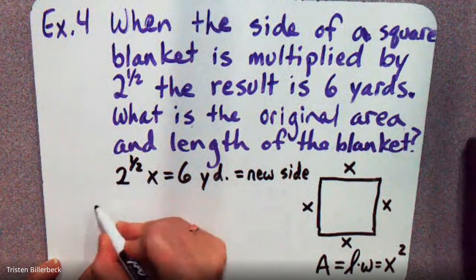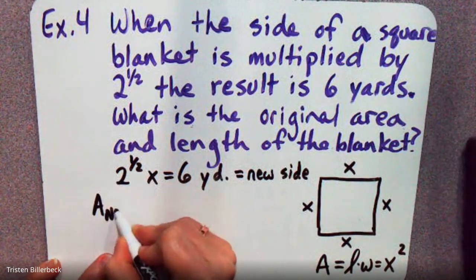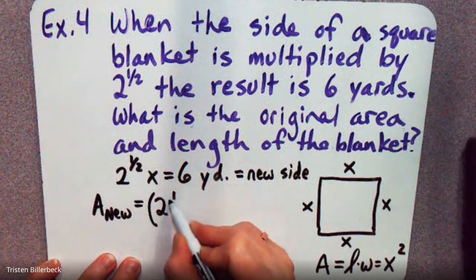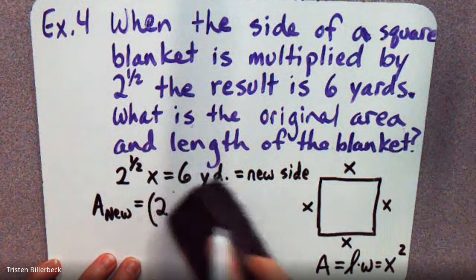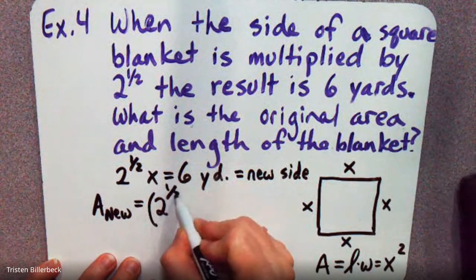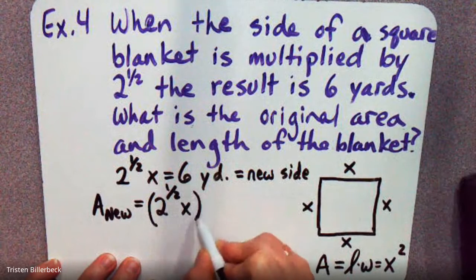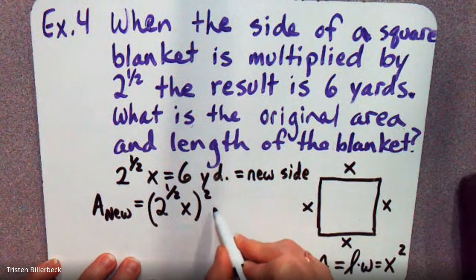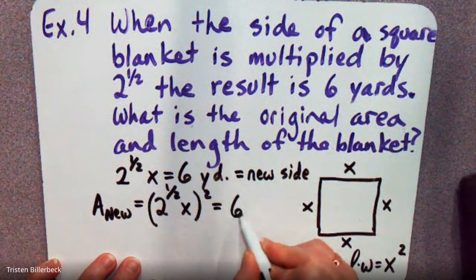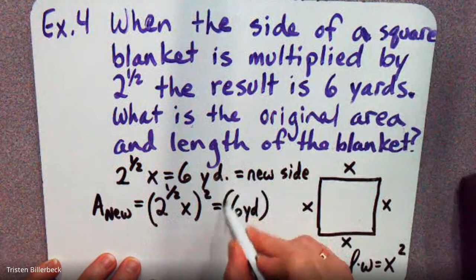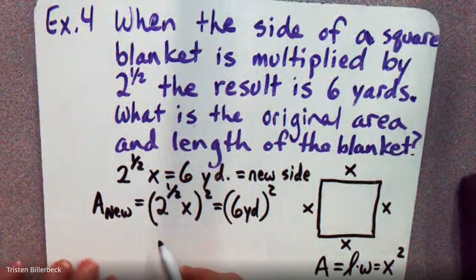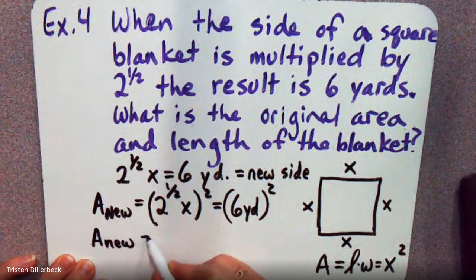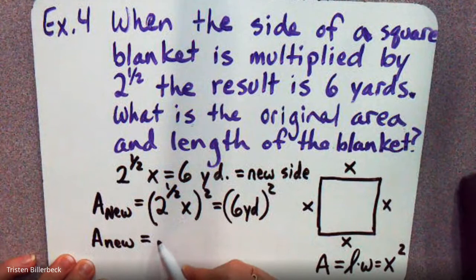So what we can do is area new would then equal 2 to the 1/2 x, and we're going to square that because we square the side, and then that's going to equal 6 yards squared. So we know that our area new then is going to be 36 yards, but when we square this,